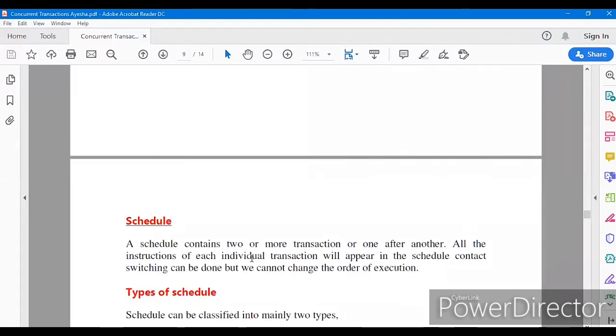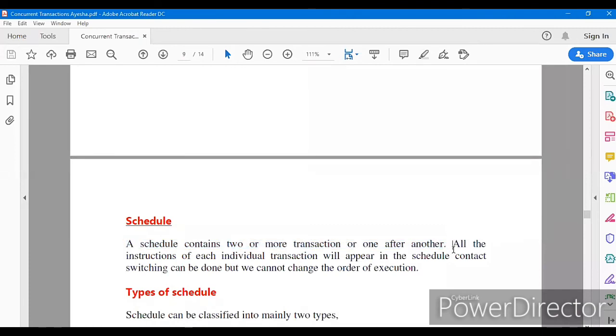So a series of transactions is called a schedule. What is a schedule in terms of definition? A schedule contains two or more transactions, one after another. If there is more than one transaction, that is called a schedule.